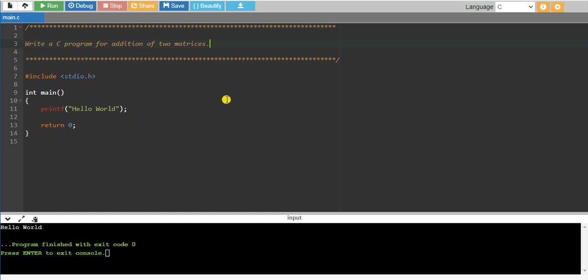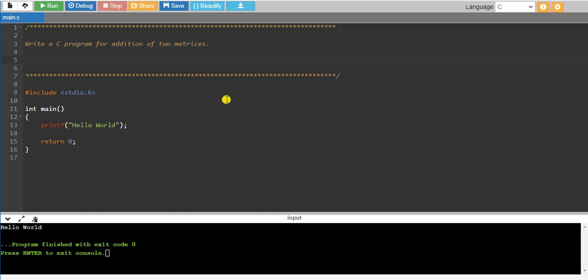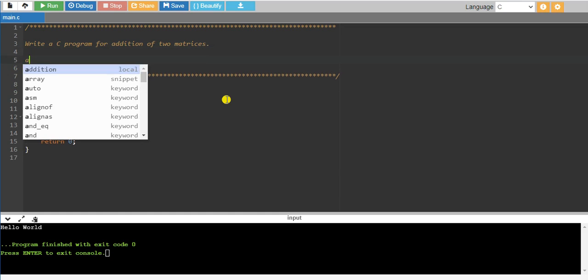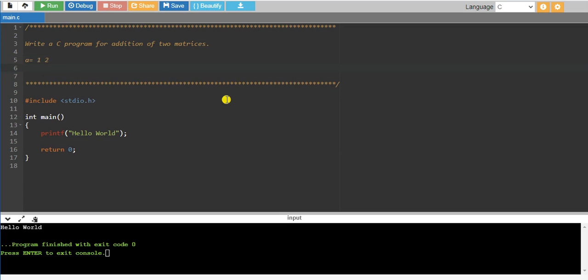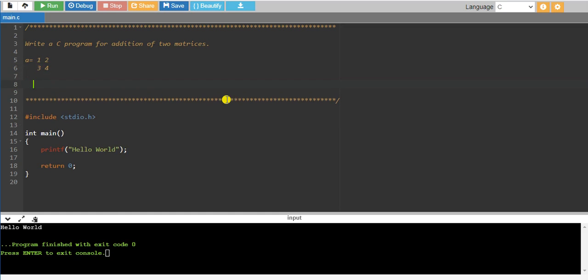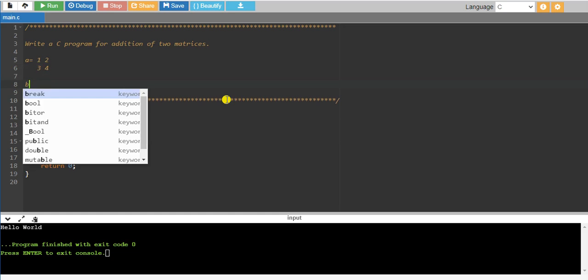So assume that we have two matrices here, like A equal to, that is one matrix is there. Here we are having 1 2 3. Assume that it is a 3 by 3 matrix, or just take a 2 by 2 matrix. So this is 1 2, 3 4. This is my first matrix. Then one more is B here.